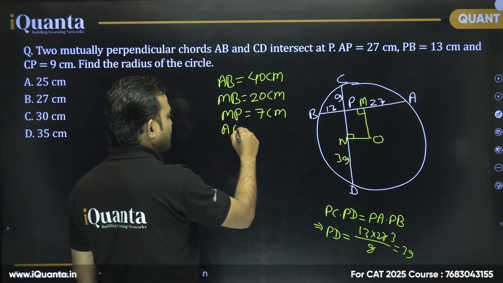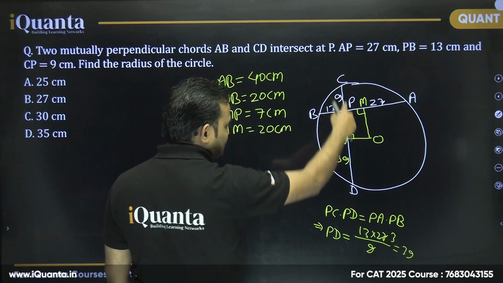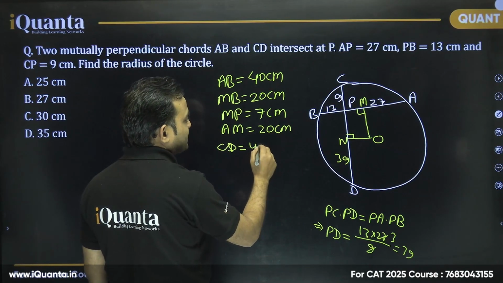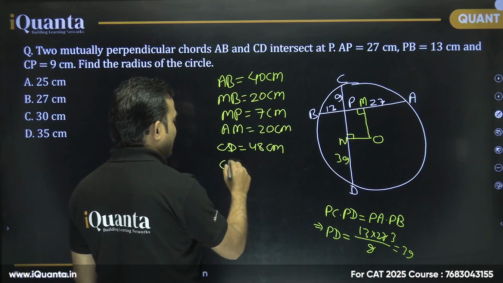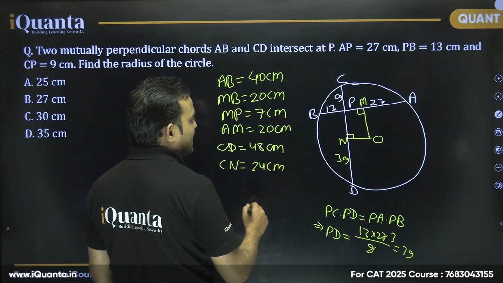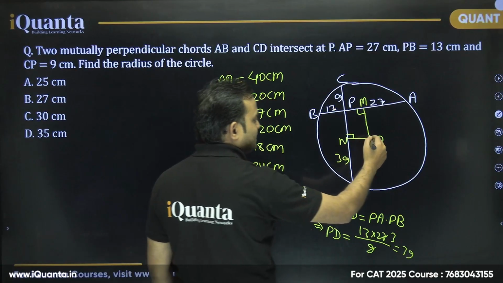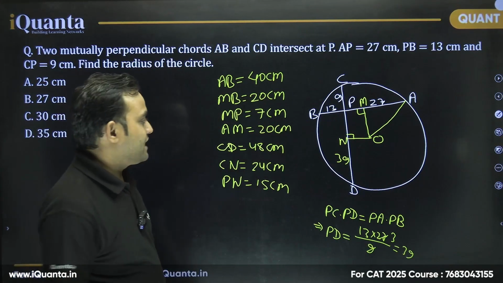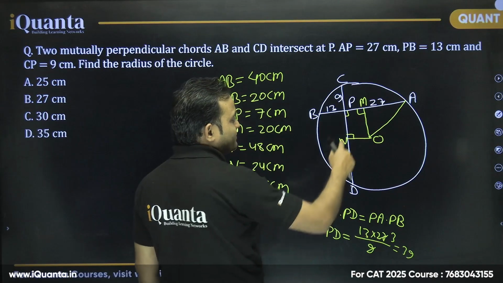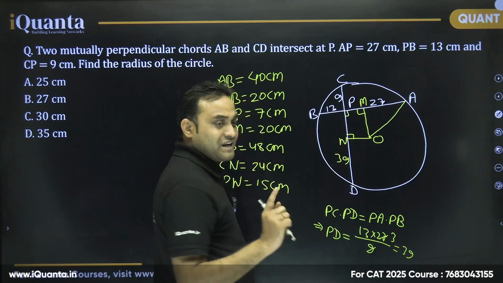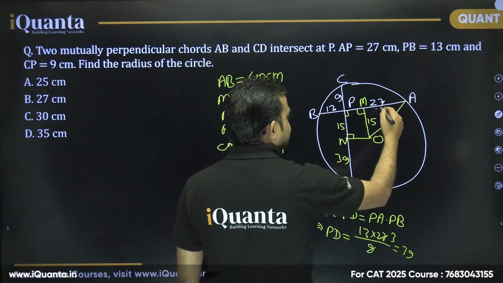AM will be equal to 20 centimeters as well. Apart from that, the length CD will be equal to 39 plus 9, 48 centimeters. In that case, CN will be equal to 24 centimeters. And in that case, PN will be equal to 15 centimeters. So if PN is 15, let's join O and A. Now these two chords are perpendicular to each other, so all these angles are 90 degrees. Can we say PNOM must be a rectangle? In that case, if PN is 15, MO is also 15 and MA is equal to 20, can we say